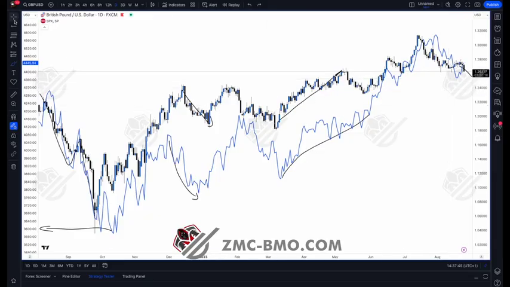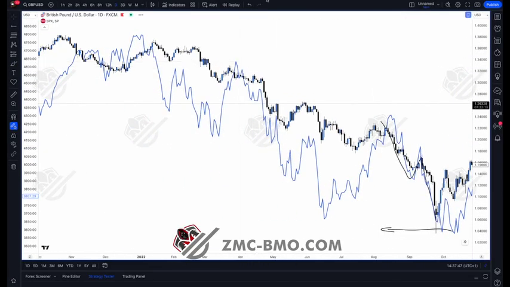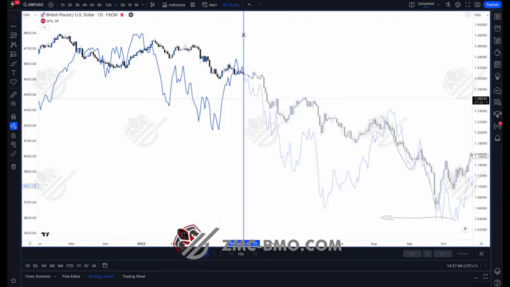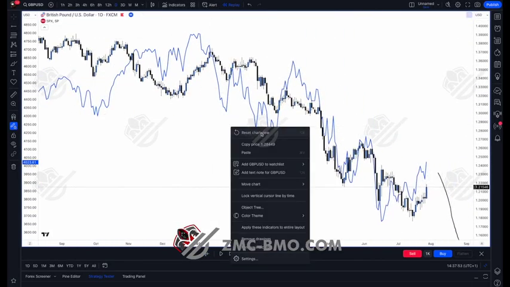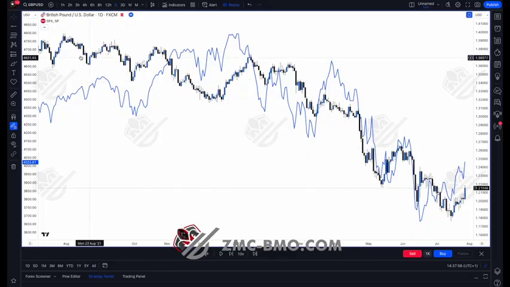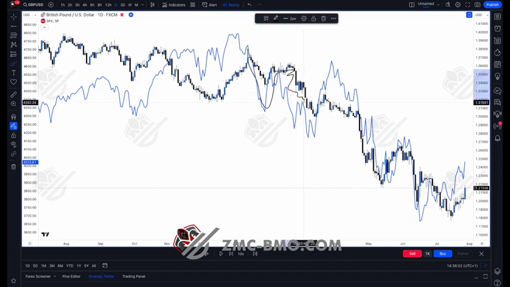You can go back in history as well. Make sure you have the replay tool on. Cool. How closely linked was it? Reset the chart. It's actually relatively closely linked here. Bang, bang, bang, a slight move away from each other. Always think about the gap. How big is that gap? So that's the gap, it closes up. Big recoupling here, couple here, couple here, and then there was a big divergence here,